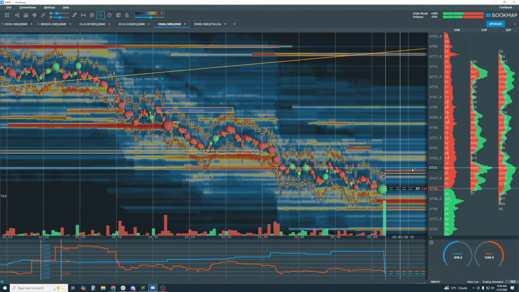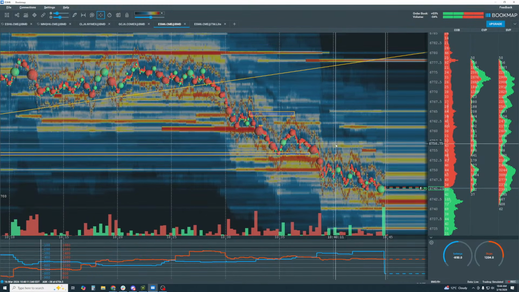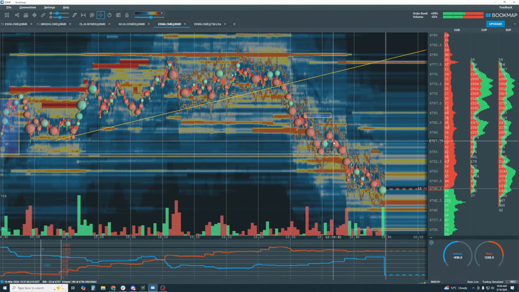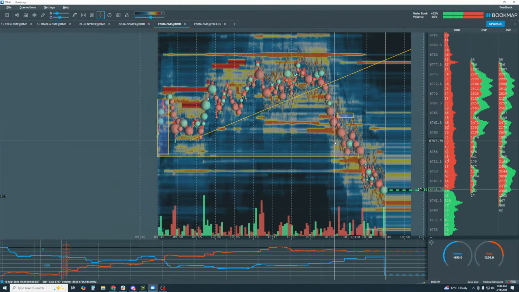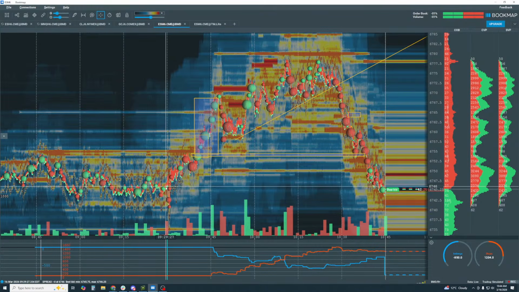Okay, there's a lot of buying right there at 45. Big spike. We're still trending down, but